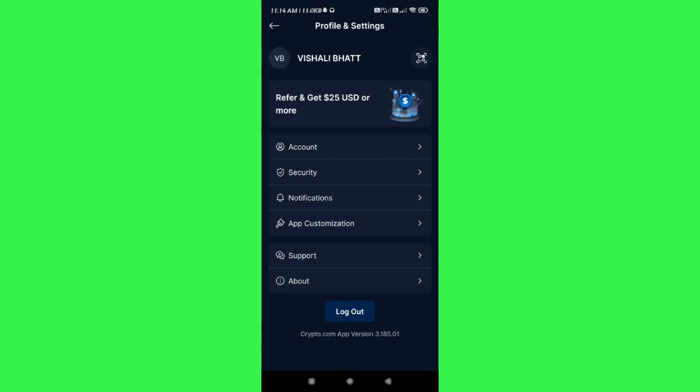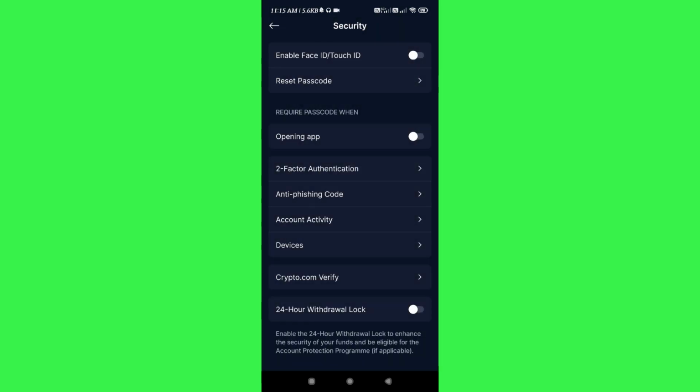In the settings, you are going to see account, security, notification and various other tabs. In order to link your Google Authenticator with crypto.com, you need to tap on security, and here you will be able to see the two-factor authentication option. You need to tap on it and then you will land on this enable 2FA option,